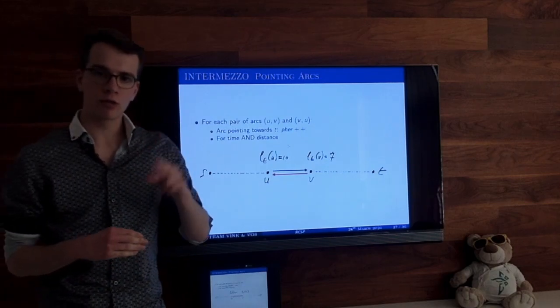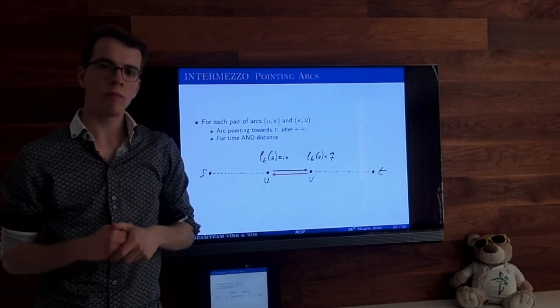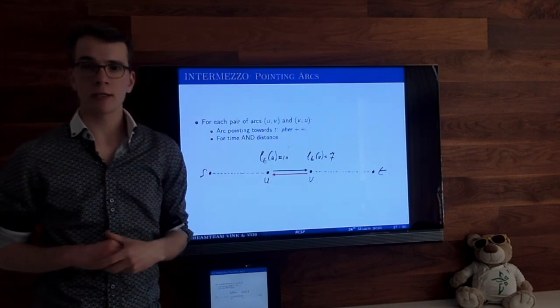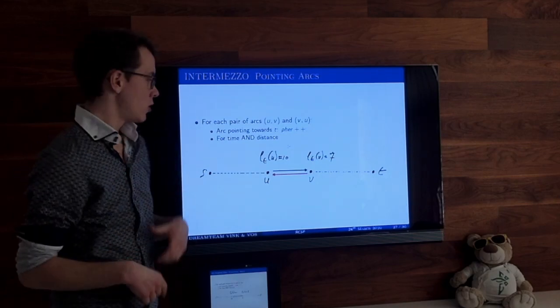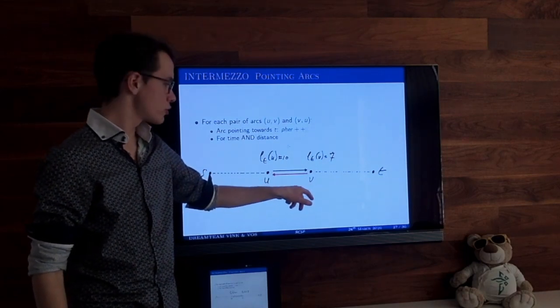And for the next 2 steps, we first have to look at pointing arcs. And what do we mean by pointing arcs? Recall that in the networks that we were given, arcs come in pairs. What does it mean? If we have an arc from U to V, we always also have an arc from